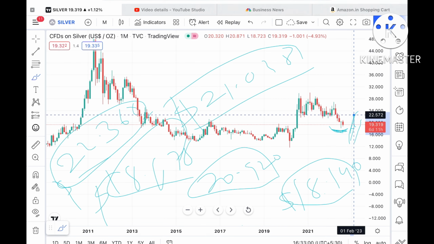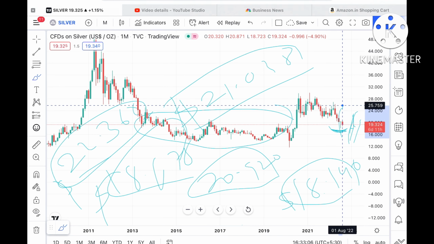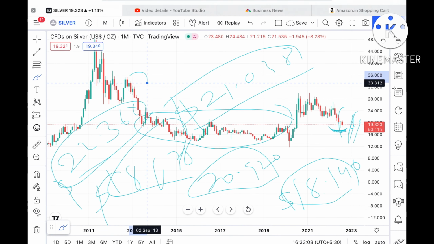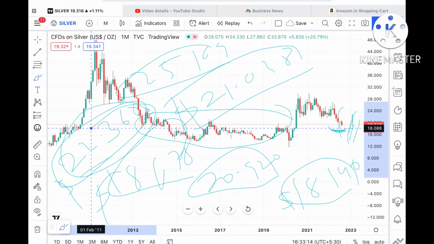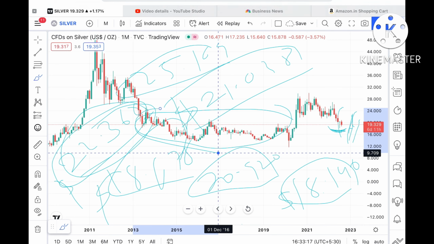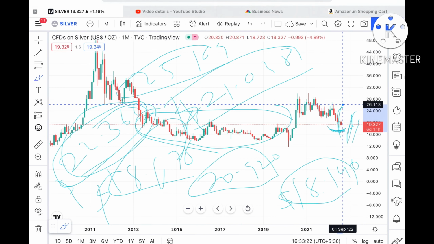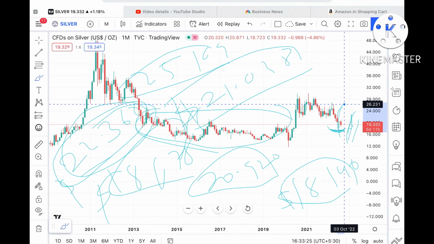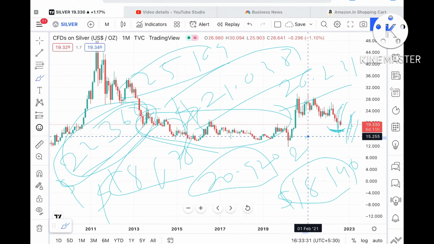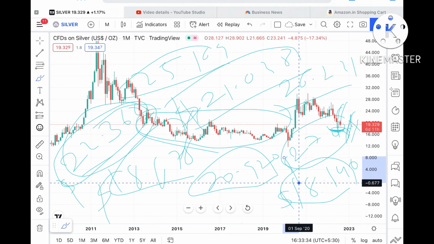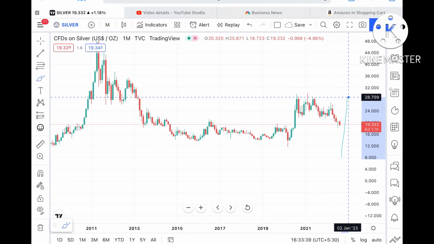And suppose that level also sustains, then we can see it move out of this particular zone and go further high to touch around $25.169. If this level sustains, there is a probability of touching this zone's high. From there it can go further upside, because all these levels have already been tested here, so the probability will be very high. It can go towards $26.231, and if that sustains, then to $27.031. Suppose the price goes above that level, then there is a high probability of touching further upside towards around